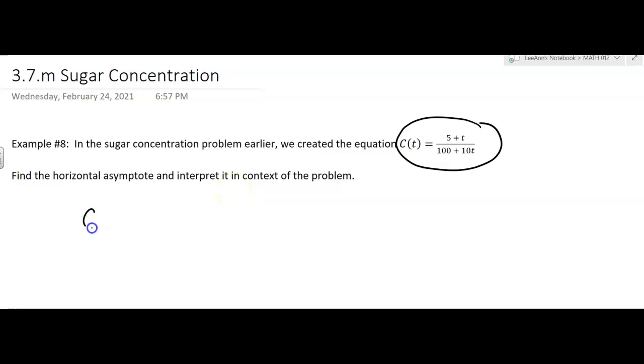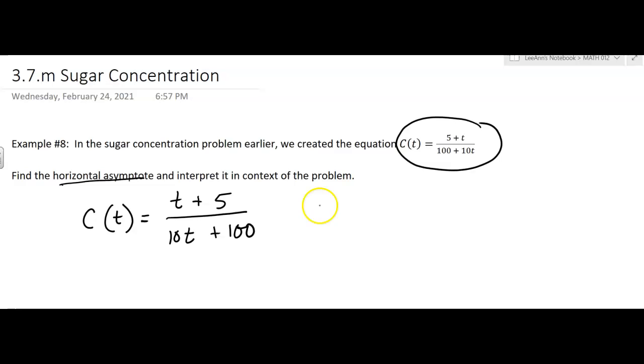So now I'm going to rewrite it. So C of t is equal to t plus 5 over 10t plus 100. So they ask us to find the horizontal asymptote. So what we have to do is see if it's case 1, case 2, or case 3. And it looks like this is case 3